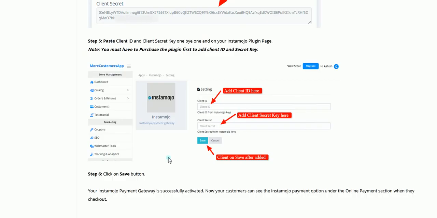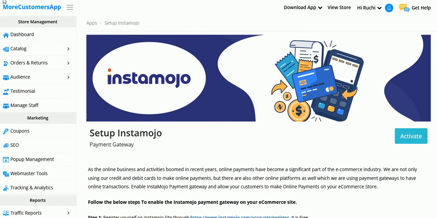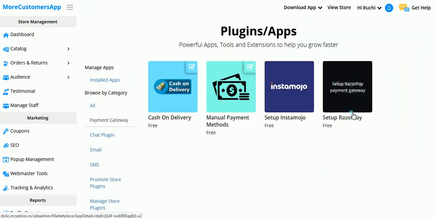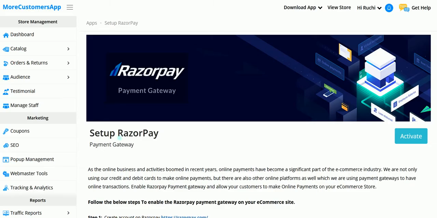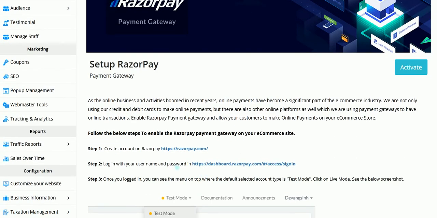Same way, for Razorpay we'll go back. If we want Razorpay to be integrated onto our website, we will just click over here. Before activation we will do all the processes on Razorpay. We will create an account there and complete the KYC processes.